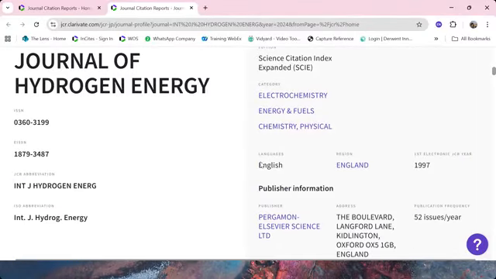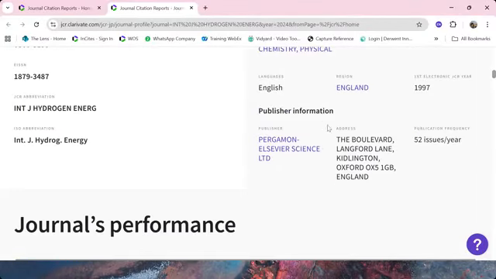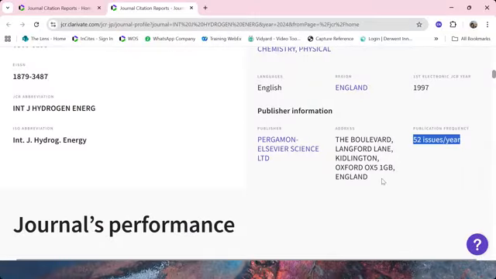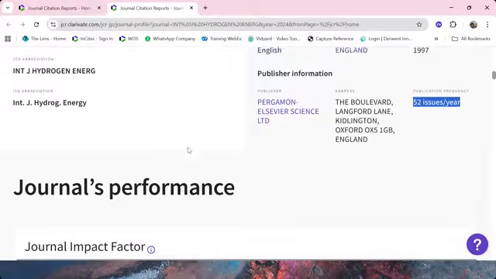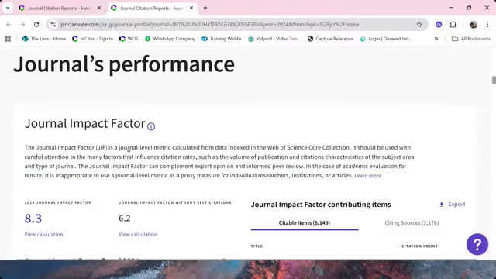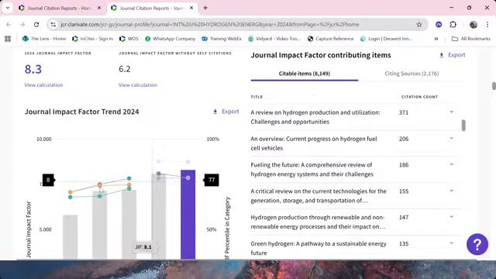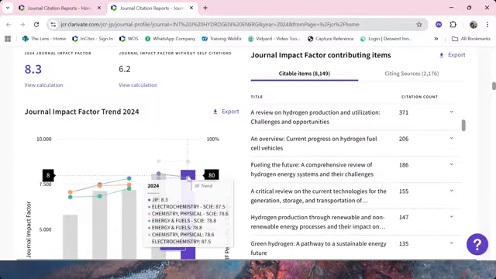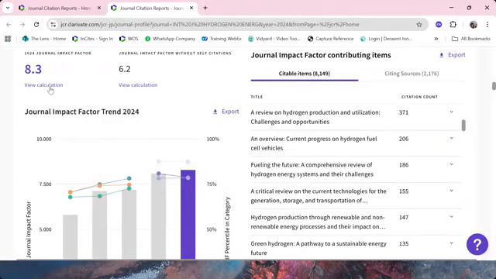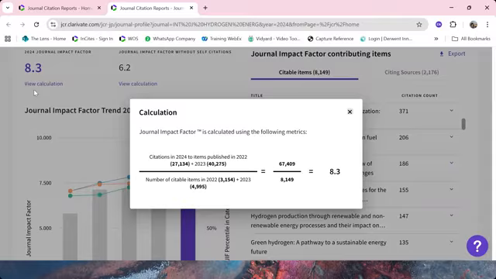On this page, you will also be able to see the journal's publisher's name and the publication frequency of that journal. You can also look at the current journal impact factor and the 5-year trend of its journal impact factor. If you are interested to view the calculations, there is always a link to view the calculation here.